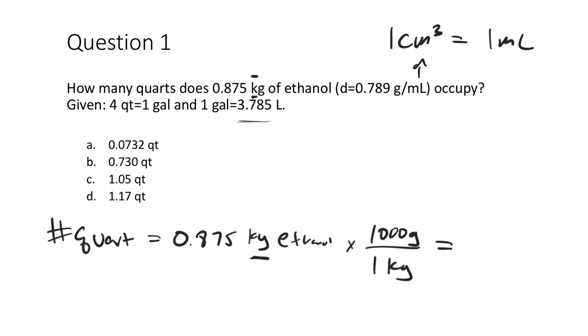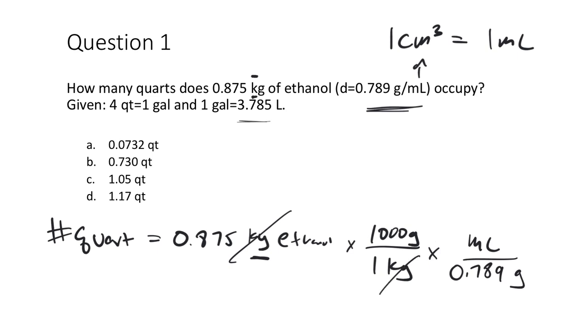Oops, I don't need an equal sign yet. And then from there, let's use our density. I'm just going to use this like a conversion factor. So I can write that there's 0.789 grams per milliliter. So if I have 875 grams of ethanol, then I can use the grams per volume conversion factor with the density to calculate the